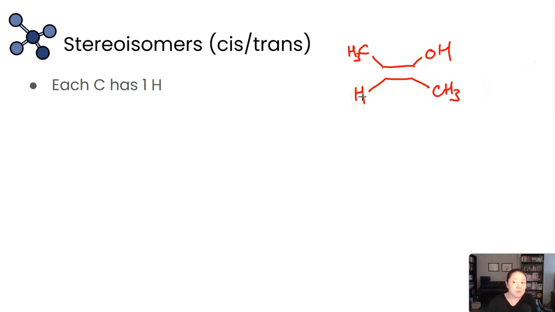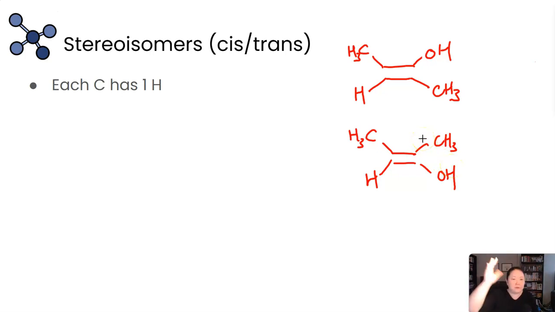Now, if you had a case where one of the carbons or both of the carbons didn't have any hydrogens at all, well, you can still get a stereoisomer. This is not going to become this unless you break bonds and make them again. Again, this is not a case of you can flip it and therefore it's the same thing. But in this particular case, where your carbons don't each have one hydrogen, you would actually use a different naming system altogether. And so that's why when you're using cis and trans, you have to have one hydrogen on each